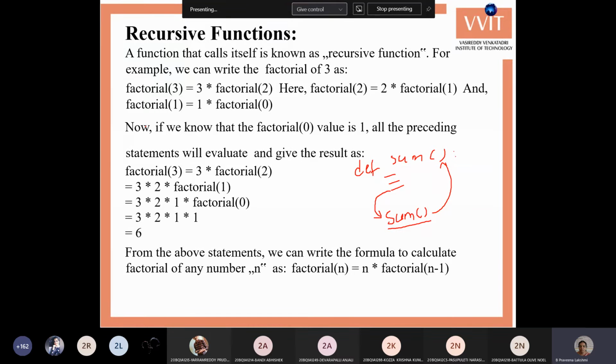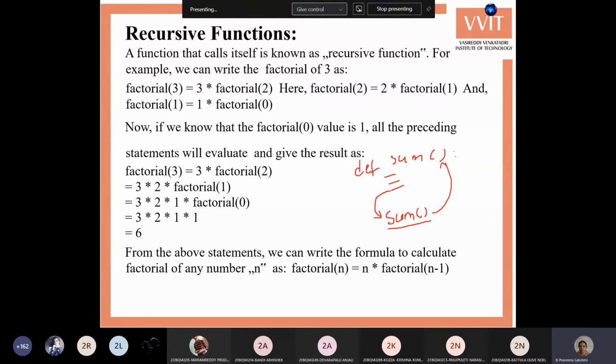But there is a difference between recursion and iterative statements. Iterative statements execute only a particular set of statements, like two or five statements, but they don't execute the complete program or complete function.